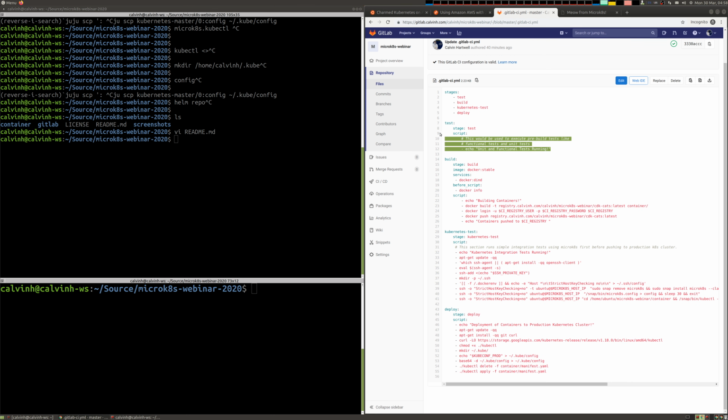The test stage I would reserve for running, and I've put there pre-build tests like functional tests and unit tests. This is where you would actually be running your test suites for your code. So for example, if you're building microservices, you'd most likely have a series of tests which would go with those. The build section is where I actually automatically build and push the container to the registry that's made available as